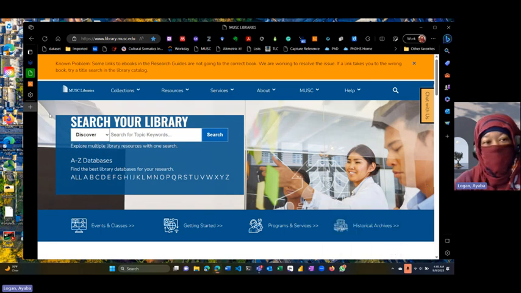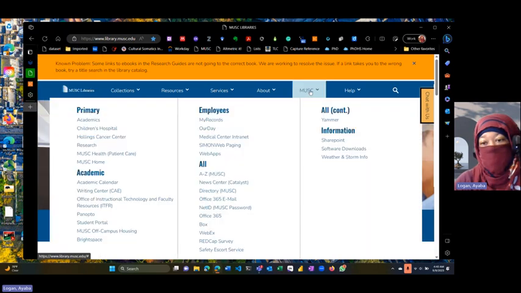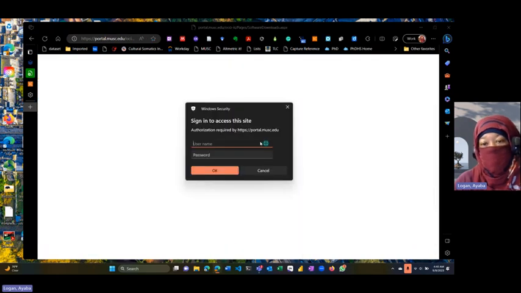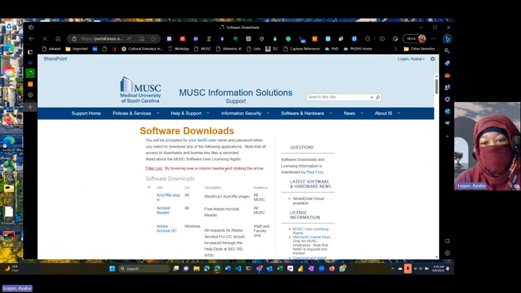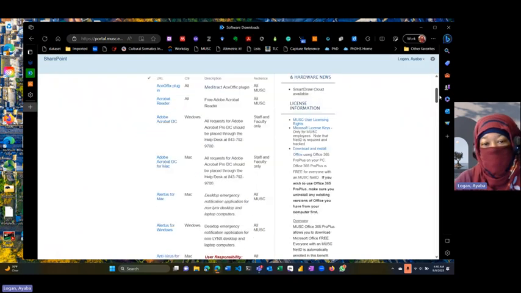Get to the library webpage, library.musc.edu. Then you are going to go to MUSC. With the drop-down box, click on Software Downloads. Once you get here, it will ask you to log in. Have your password ready. All right, and if that's my accurate password, which, woohoo, it is, let's go down to